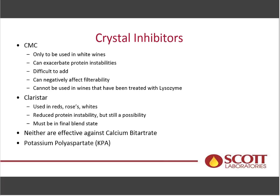So the next slide is saying, hey, if you don't have a chiller and maybe you have a wine that's 3.7 pH and you don't want to do traditional cold stability, or you're worried about the dissolved oxygen pickup, you can use these things called crystal inhibitors. So this is going to prevent the precipitation of potassium bitartrate, those little wine diamonds that some people like to call them. So CMC,